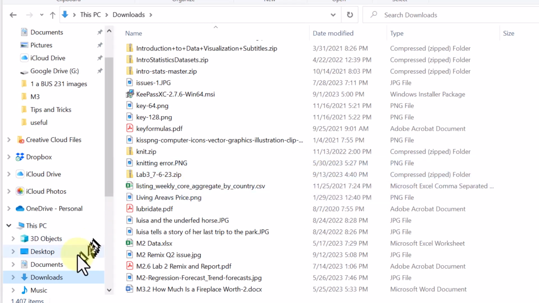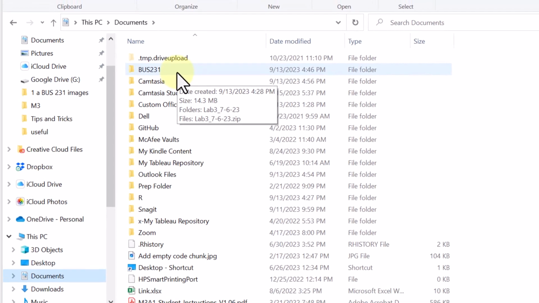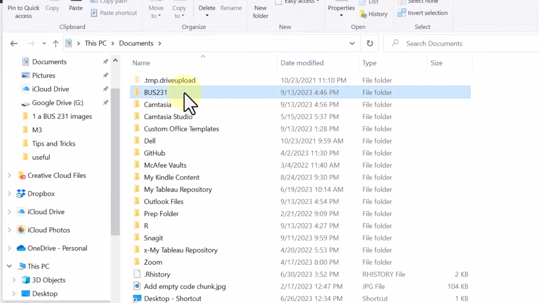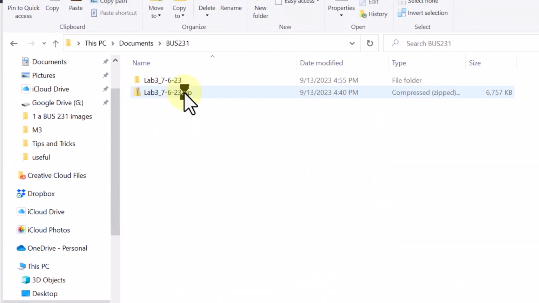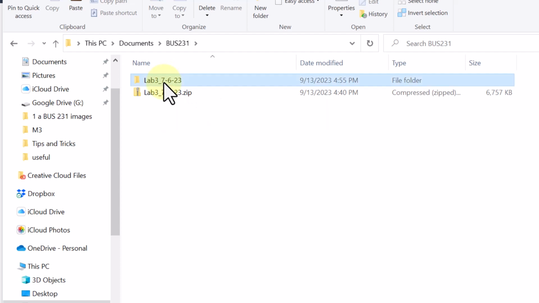Now, I like to use the documents directory, and so I created a folder there for my Business 231 labs. And in here, you can see I moved a copy of that zip folder and then extracted the zip folder into this Business 231 folder to give me the working folder for that lab. Now if I click on that,